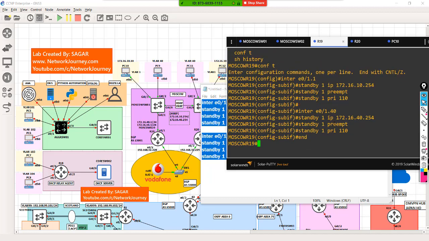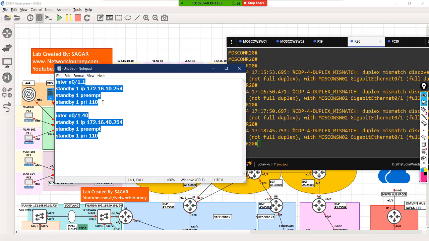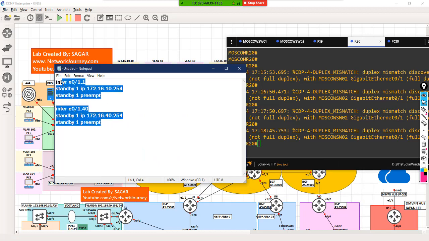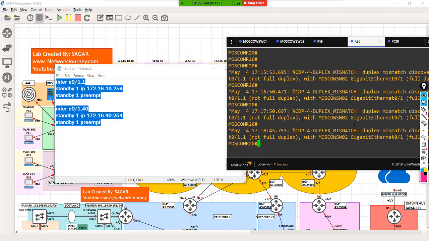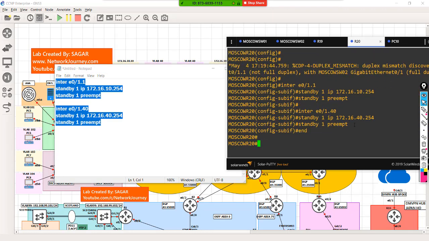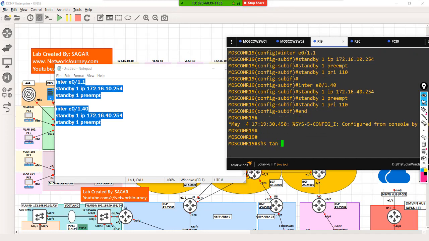Similar configuration will be put on the second device, but we just need to take down the priority because by default the priority would be 100. So let's remove the priority and put the other remaining commands over here. Fine. Now let's verify the HSRP status.